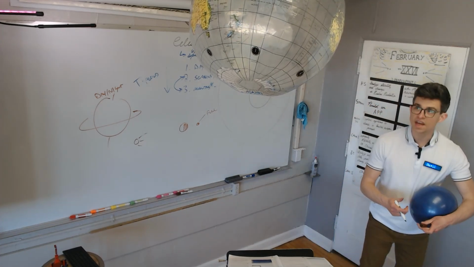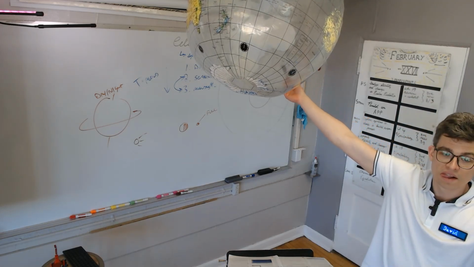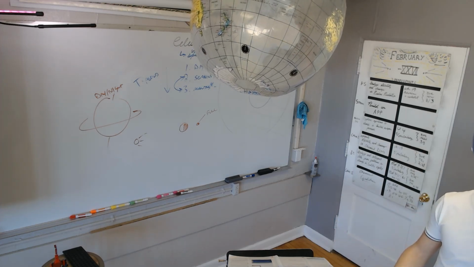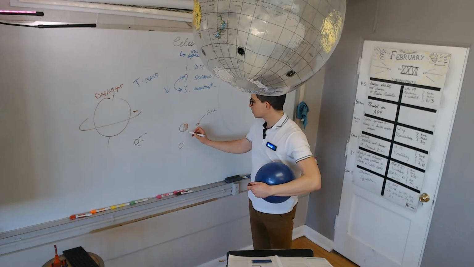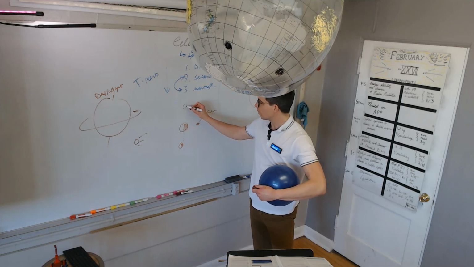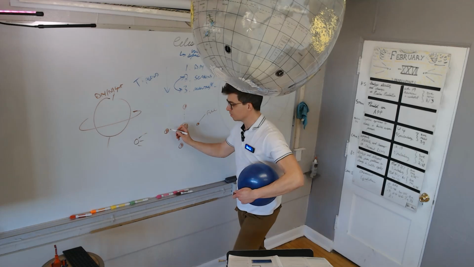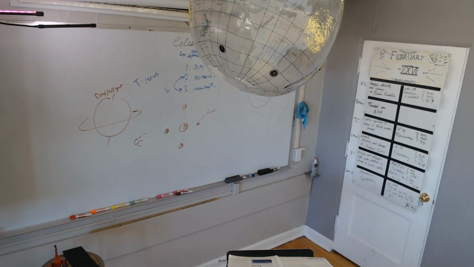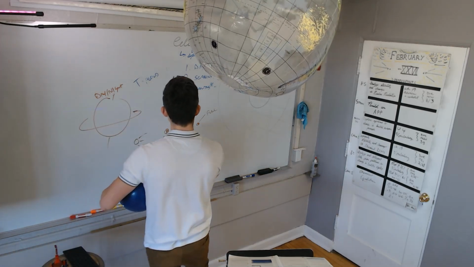Now, what if instead it's here? So night is still here. What if the moon's right here? What would you see? Not a sliver, a half moon. What we call the half moon. So from the night side, you would see a half moon. And also, by the way, on the other side, it would be the same way. What about on this side? You would see the moon in the daytime, but you wouldn't really see the moon. You would just see the new moon. So if it was over here, where the moon is in between the sun and the earth, you would see the new moon.